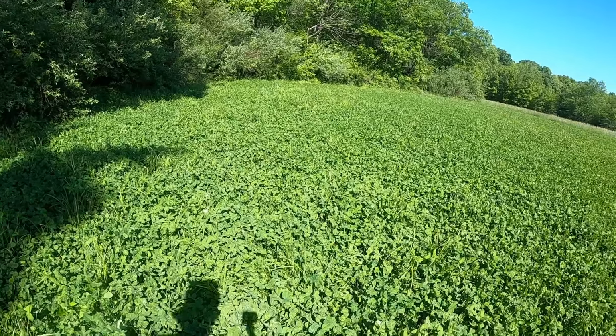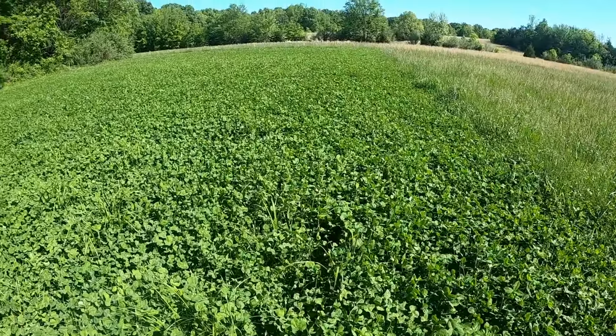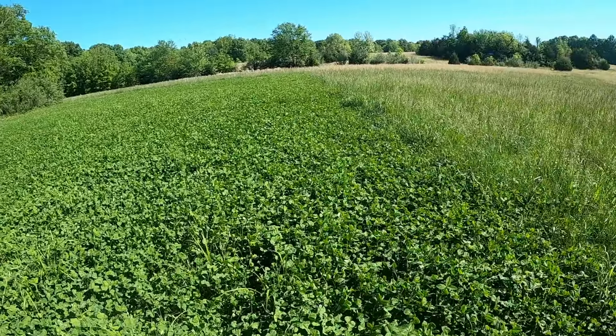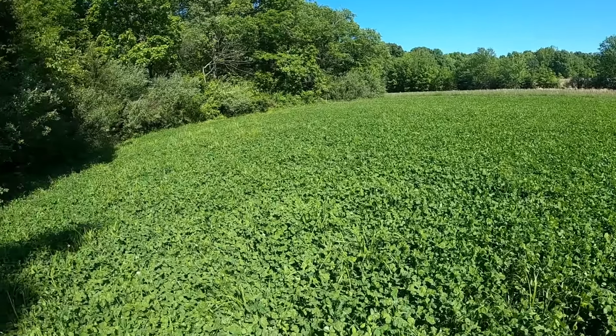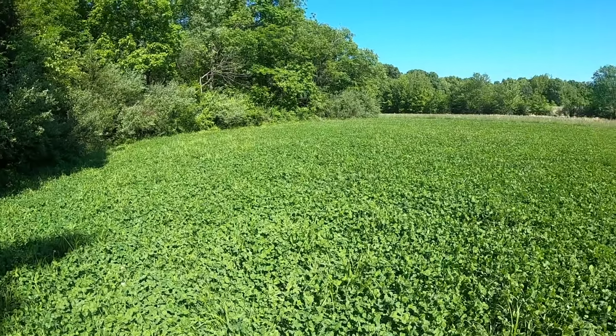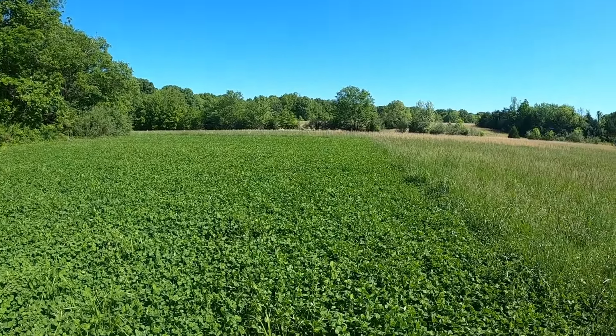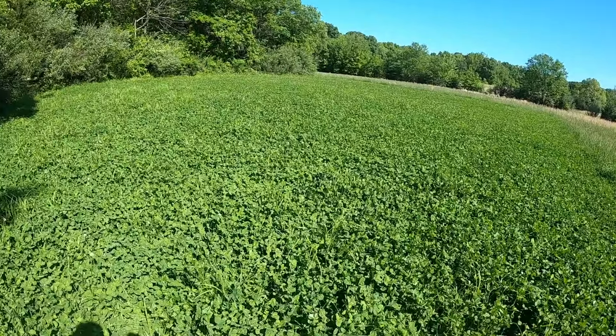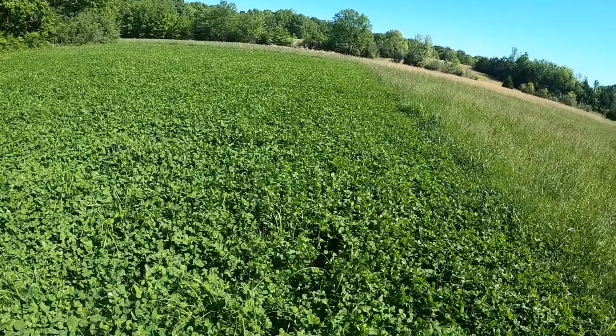So I see more grass in this one than I see broadleaf, but I do see a few broadleaves, so we're gonna hit both, and we're gonna try to clean this thing up and hopefully have a really lush plot of clover when it's all said and done. The most important thing is just trying to keep and maintain a healthy clover plot to get many years out